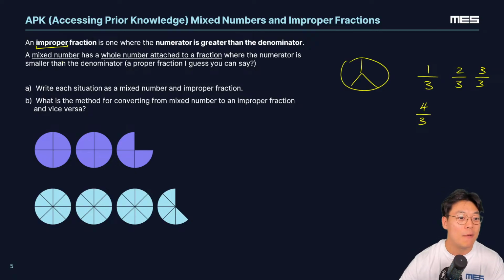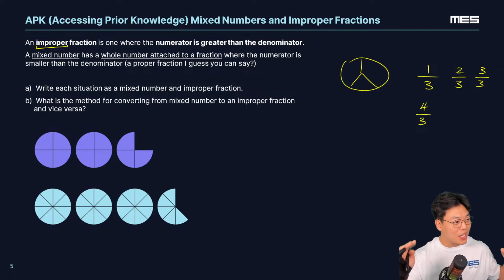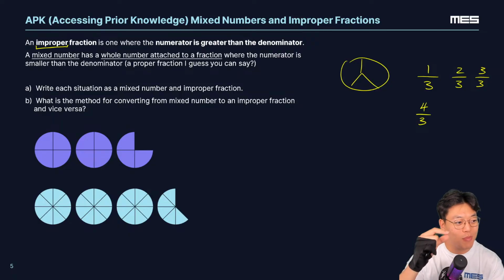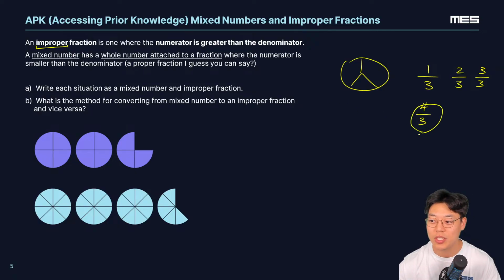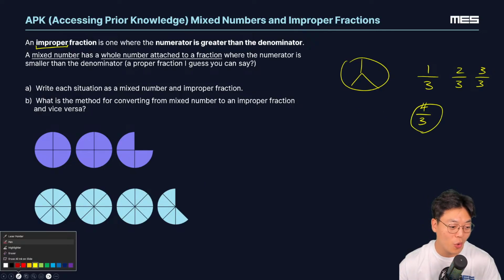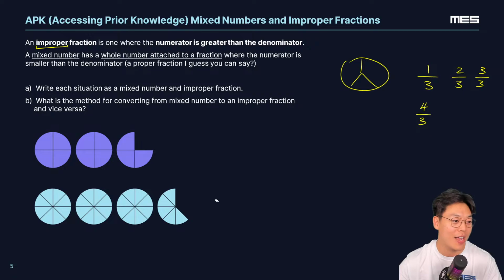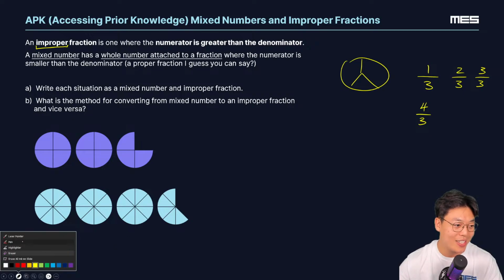Now, a mixed number, or let's do a really quick test here. Can you give me an example of an improper fraction in the chat? Just any improper fraction you could think of right now, just really quick. Give me an example of an improper fraction, just like what we wrote here. Right now, my example of an improper fraction was 4/3. What would your example of an improper fraction be? Let me know in the chat.